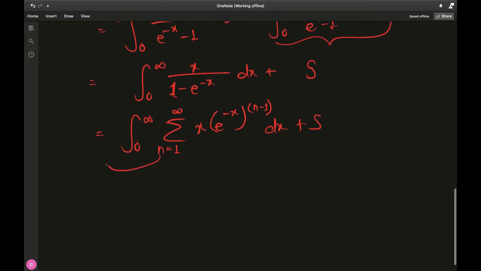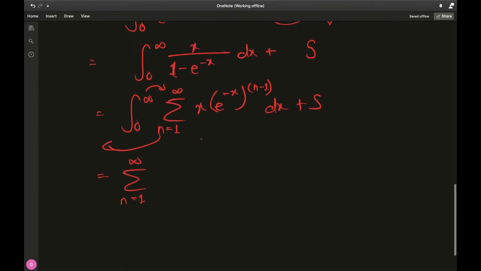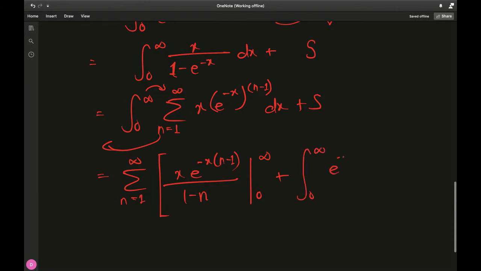So again, interchanging these two things, sum from n equals 1 to infinity of, well, x times e to the negative x times n minus 1 over negative n minus 1, which is 1 minus n, evaluated from 0 to infinity, negative, negative, positive, integral from 0 to infinity, e to the negative x times n minus 1 over n minus 1